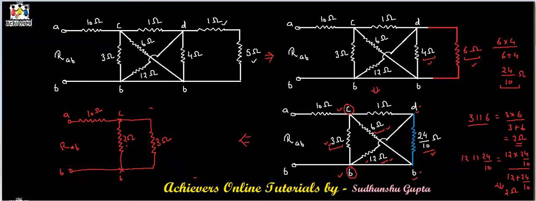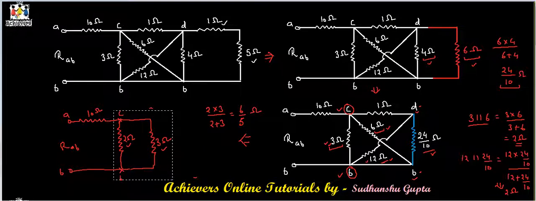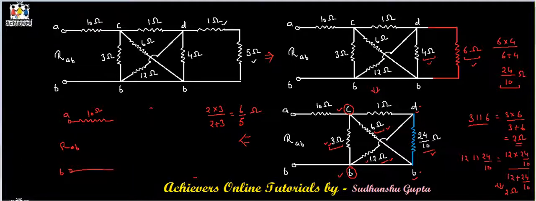Now we can see that these two resistances are connected in parallel, and the equivalent resistance of these two resistances is equal to 2 into 3 divided by 2 plus 3, that is 6 by 5 ohms. So if we replace these two resistances by a single resistance of 6 by 5 ohms,